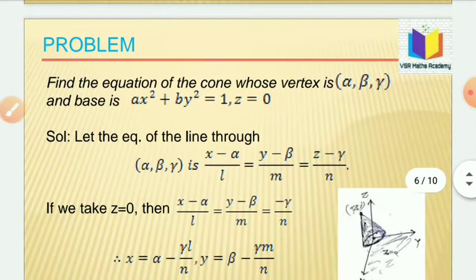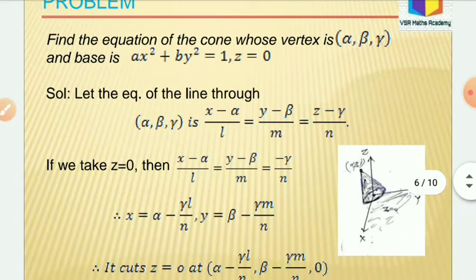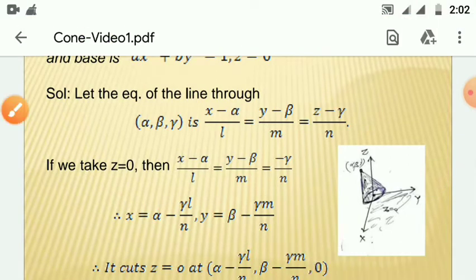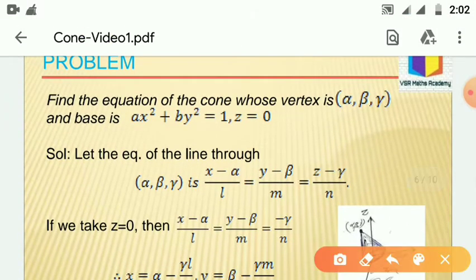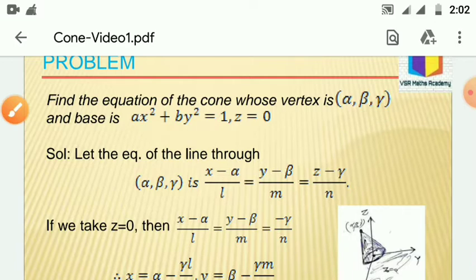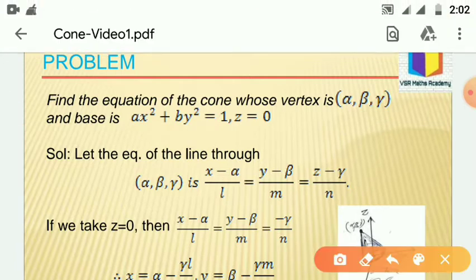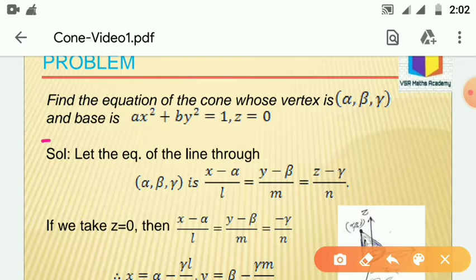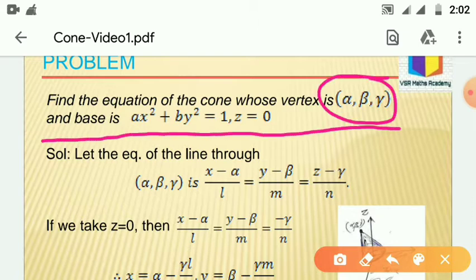So how to find the equation of a cone? To find the equation of a cone, we need to know the vertex and the guiding curve or the surface. Only if you are given the coordinates of the vertex and the equation of the guiding curve or the surface, you can find the equation of the cone. So here the problem is: find the equation of the cone whose vertex is alpha, beta, gamma and base curve